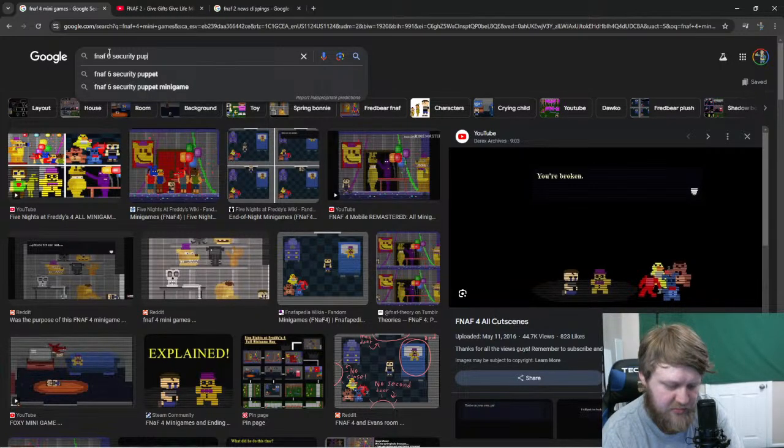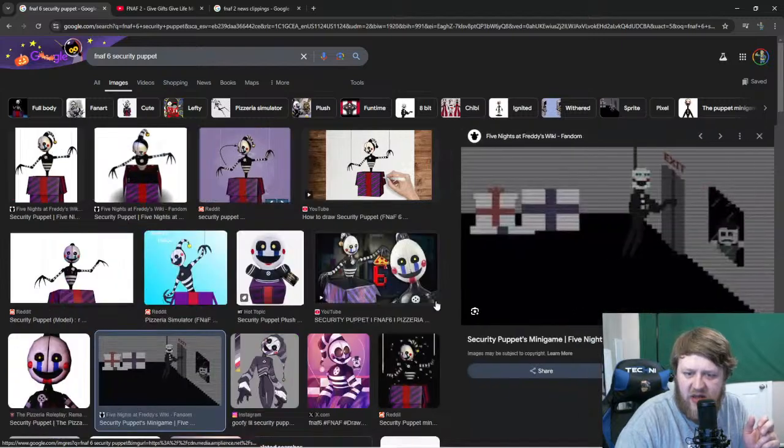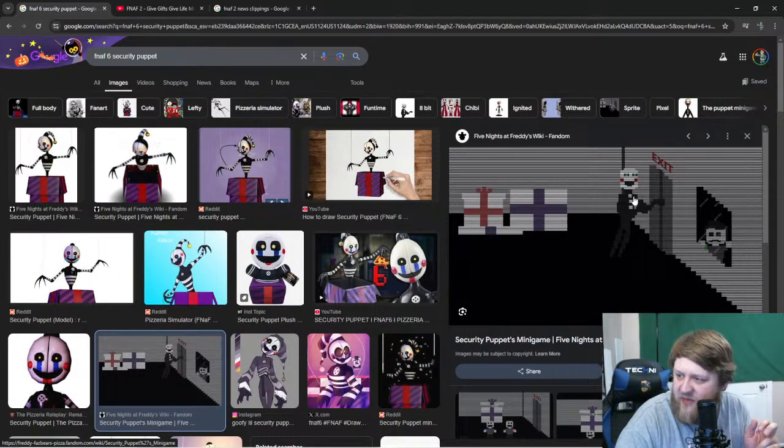security puppet. Boom. Okay, so in the security puppet mini game, security puppet is trying to get Charlie because she's